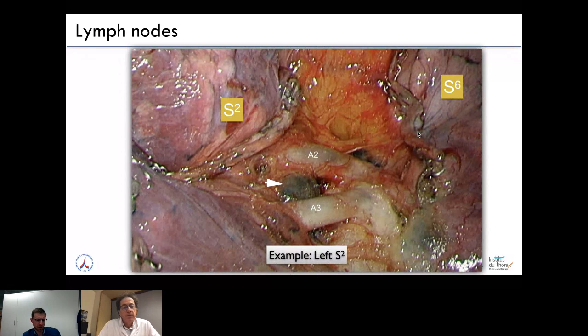I get a question here, Professor Gossot. Yeah. That this approach seems to be based on arterial anatomy, and the question is if the venous and the bronchial anatomy is as important, but I think you will dissect them as well, huh? Of course. Yeah. So you will take the artery, the bronchus, and the vein of that specific segment separately, of course. Yes, of course. Yeah. Okay.